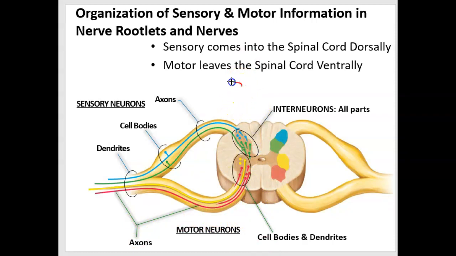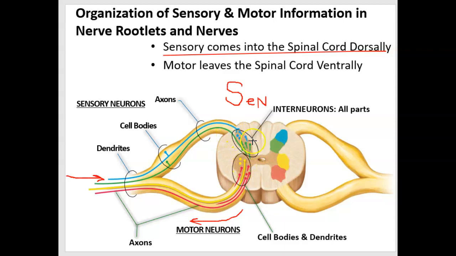So sensory information comes in dorsally, and motor information is going to leave ventrally. So therefore, we have sensory neurons coming from a spinal nerve into this dorsal root and rootlets into the gray